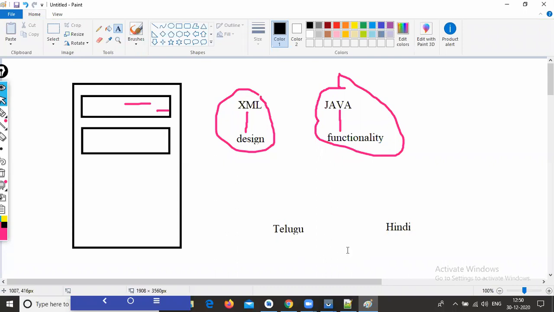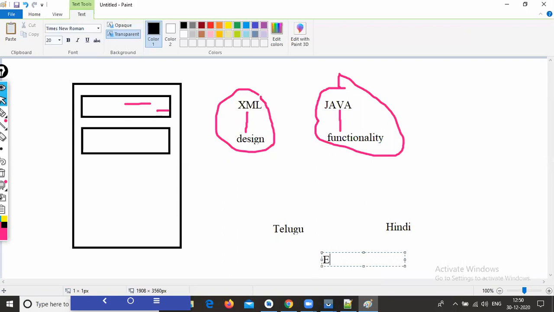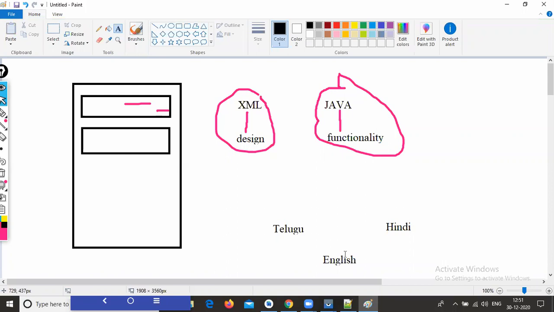What is the medium language, the better way to communicate between these two students? English, exactly. If the Telugu student knows English and the Hindi student also knows English, they will communicate in an easy way. In the same way, here also